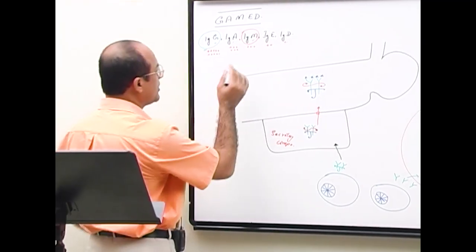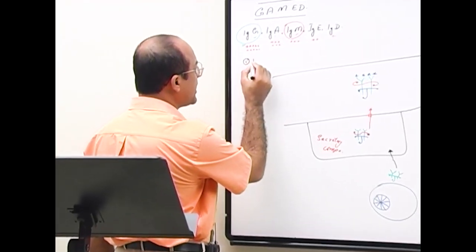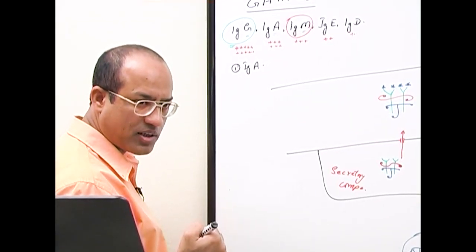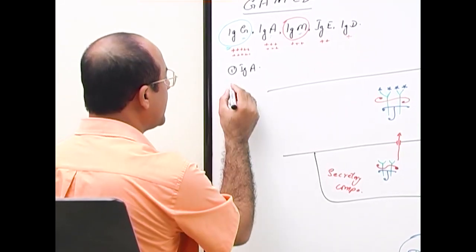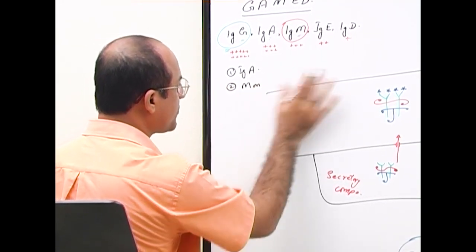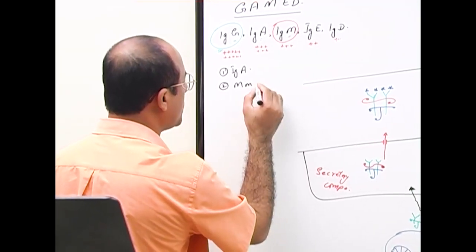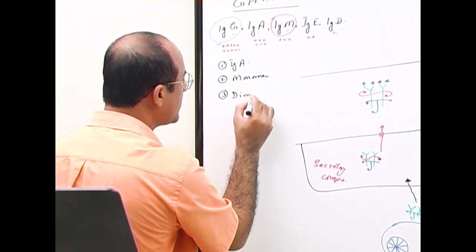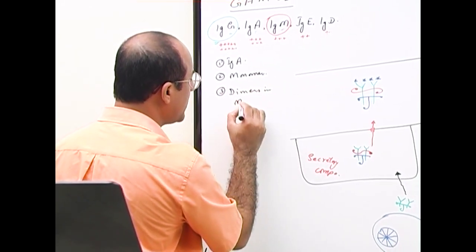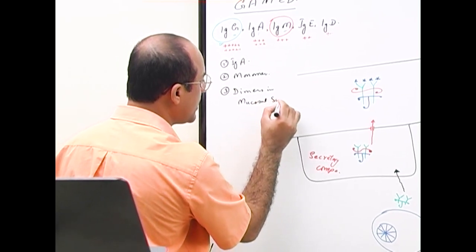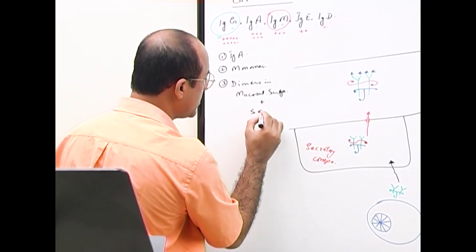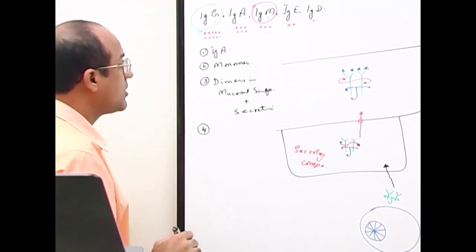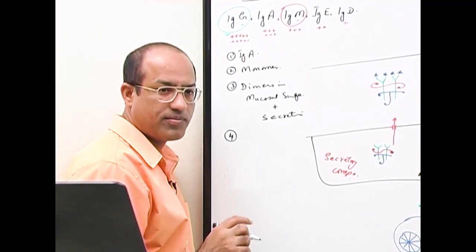Let's put down the important information. IgA is the second most abundant antibody in our body, right? Secondly, it is present as monomer in our blood. It is present as dimers in mucosal surfaces plus body secretions. Number 4, that IgA,